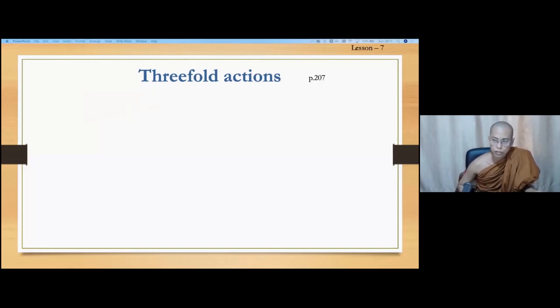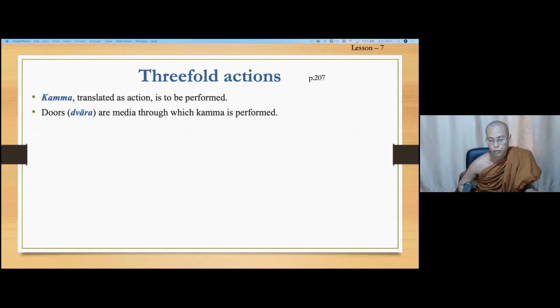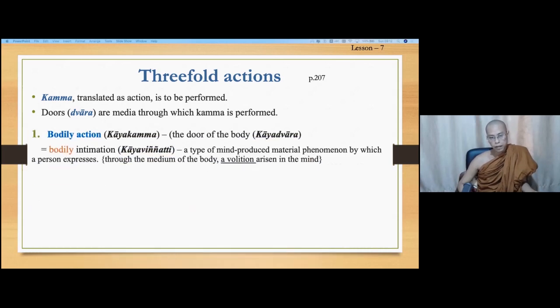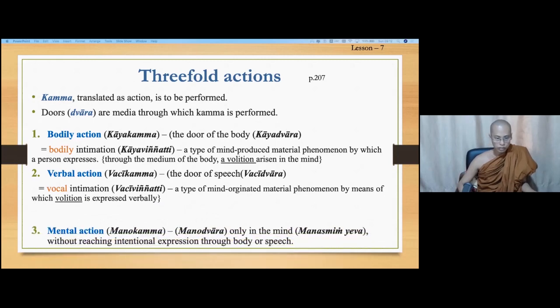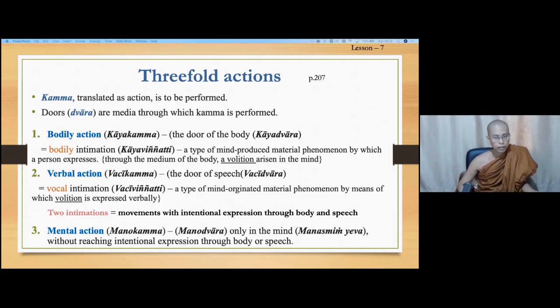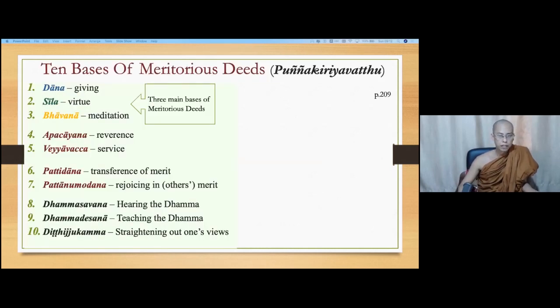So I want to show you again the slide from lesson 7. The action is divided into 3. The action pertaining to volition in the mental process is called kamma. According to the dwara, the action is divided into 3: bodily action, verbal action, and mental action. As we discussed in lesson 7, we already understood kamma, divided into 3 according to dwara. Then we will continue with the 10 bases of meritorious deeds, called punya kriya